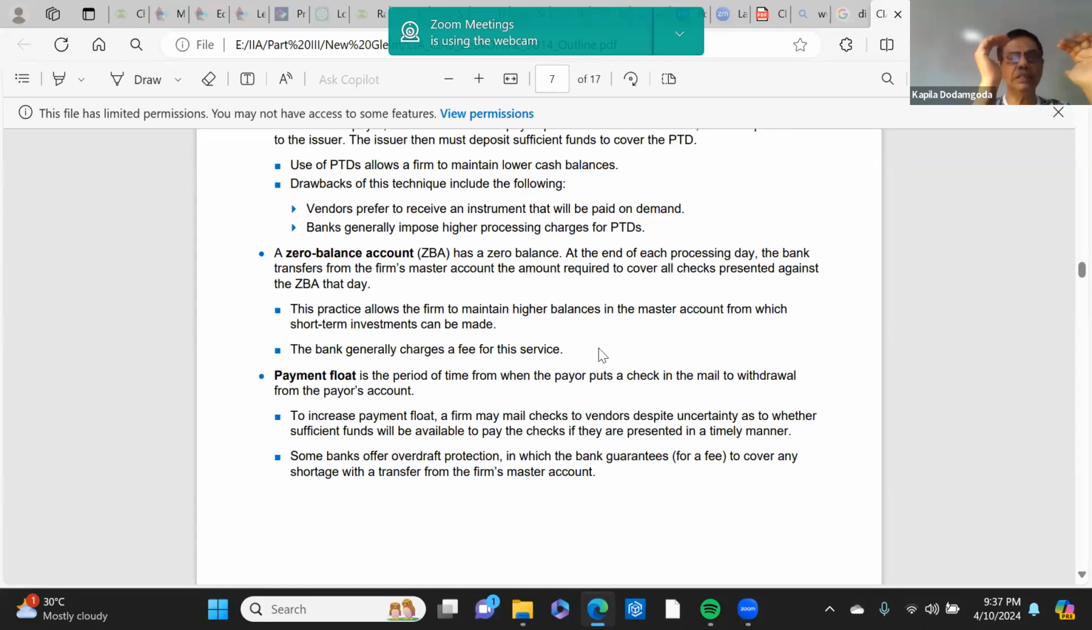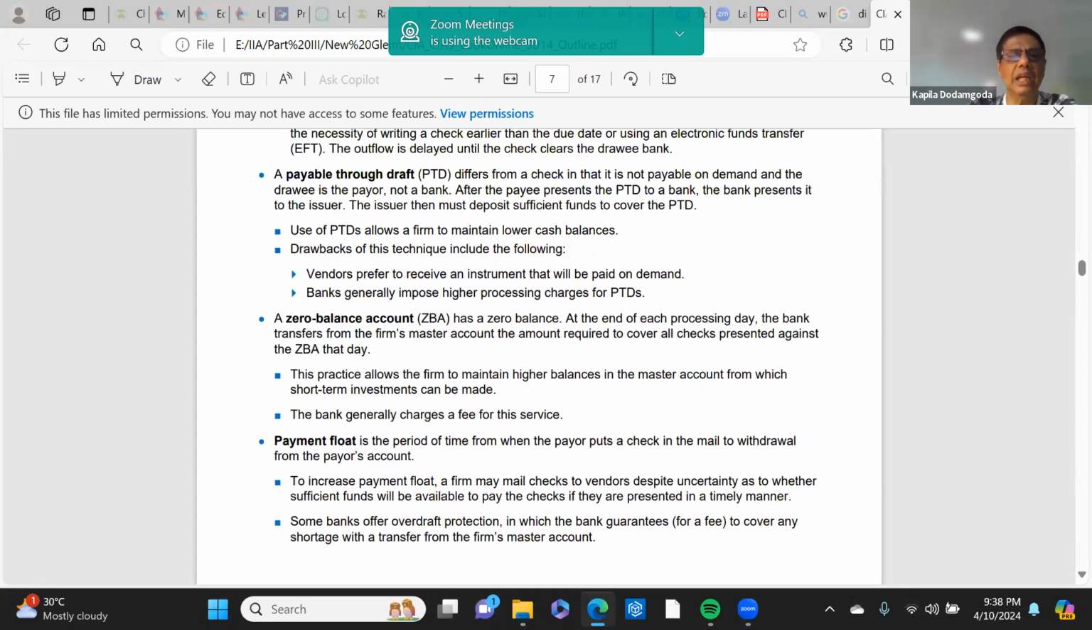So you keep a high balance in the master account, but whenever you need to make a payment, you transfer to the zero balance account. So you can earn a return while you keep the money in the main account. The bank generally charges a fee for this service. So here again, the bank will be charging you a fee. So that is the zero balance account, and then the last one,